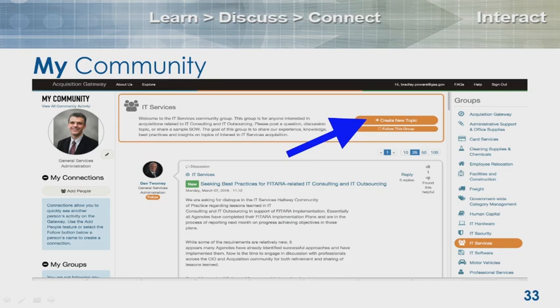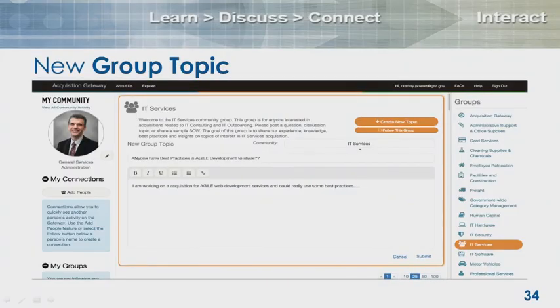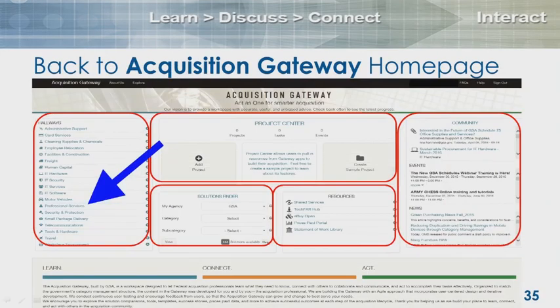So Brad is now asking his questions on more about IT services. This would be a place to post questions and get feedback from the category team. He's beginning to write: I'm working on a statement of work on an acquisition for the management of agile services. Can anybody help me out? He puts that up there and waits to see how the community responds.